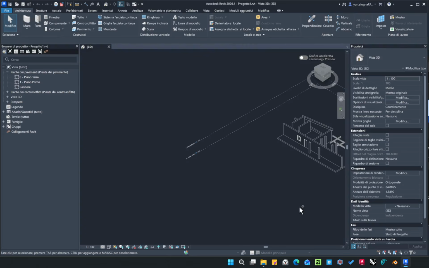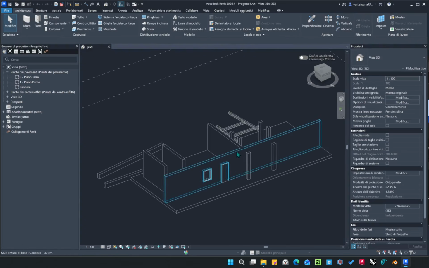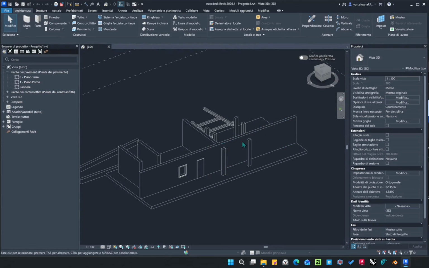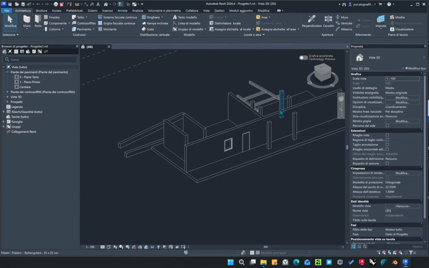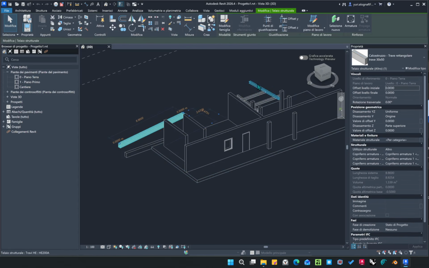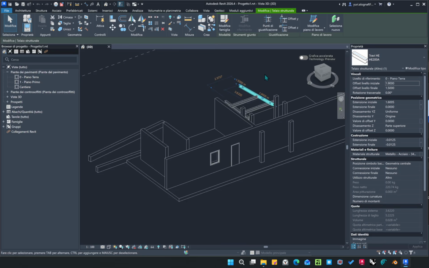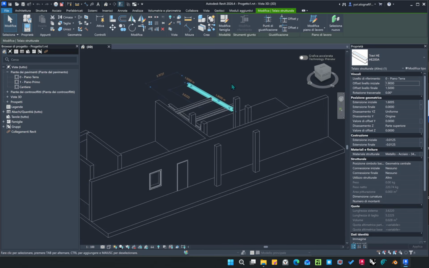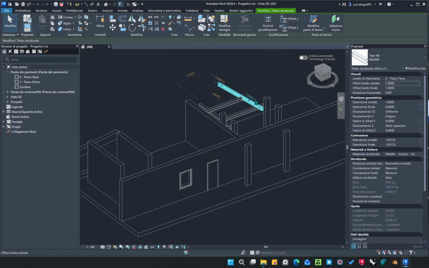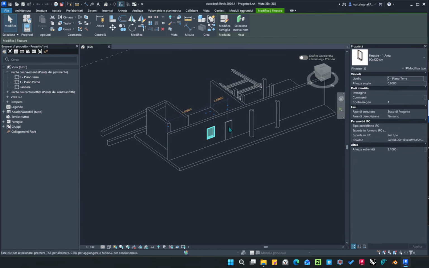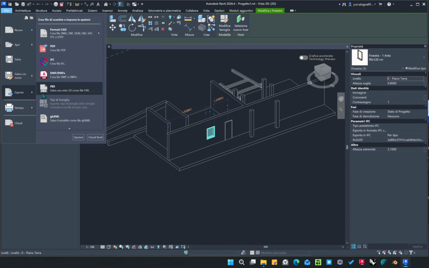First of all, I want to show you that I modeled a very simple project and scene. In this case, you will have some walls, slabs, columns, beams, rectangular beams, and also beams with a particular shape, and you will have, of course, the windows and also the doors. To export into the IFC